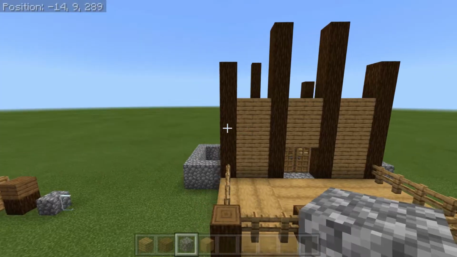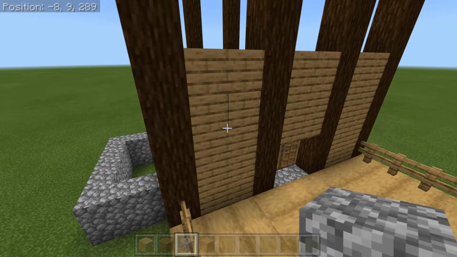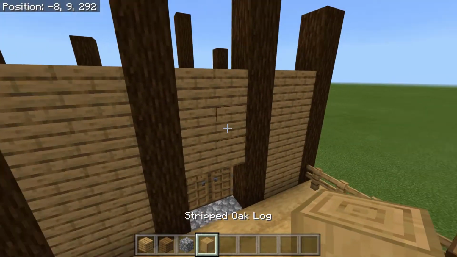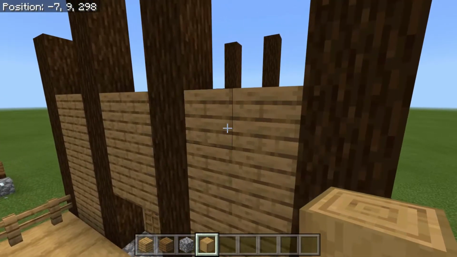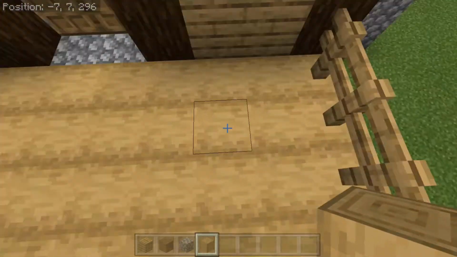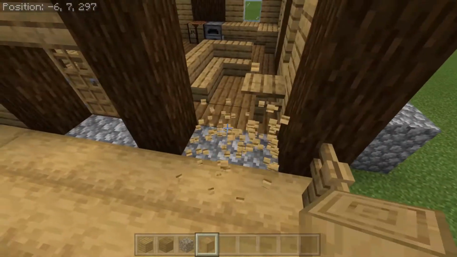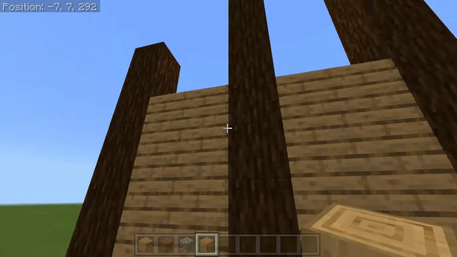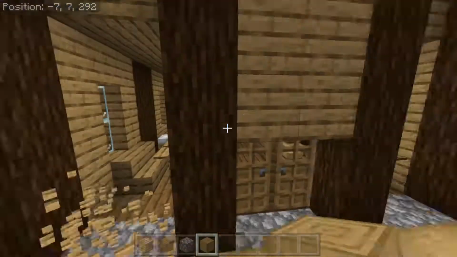The next thing that I want to do is change out these planks. I said that they were visually distracting, and it doesn't really have that log cabin look. Now, what does have that log cabin look to me are these stripped oak logs. I think that they look great. So I'm going to go ahead and clear out these walls all the way around and start filling in with